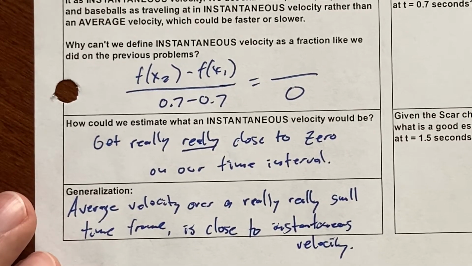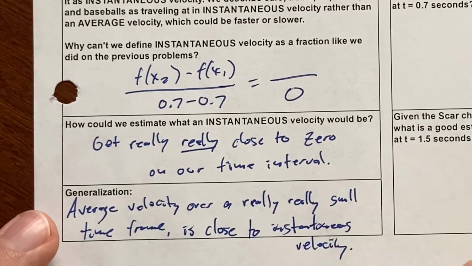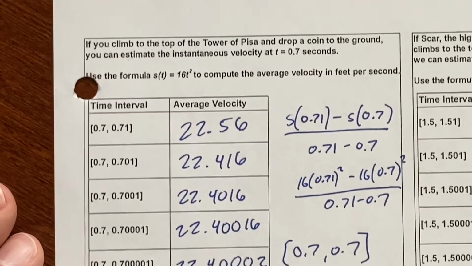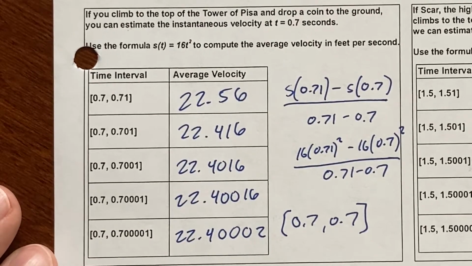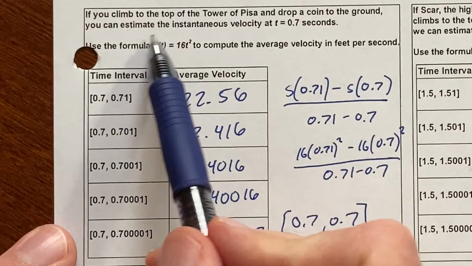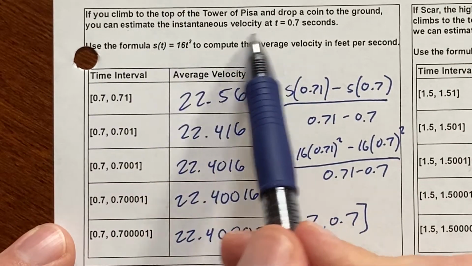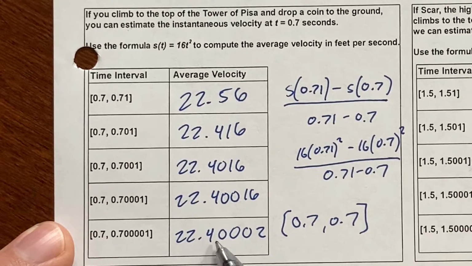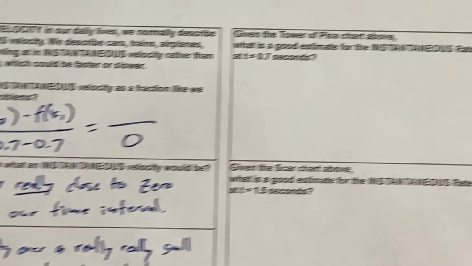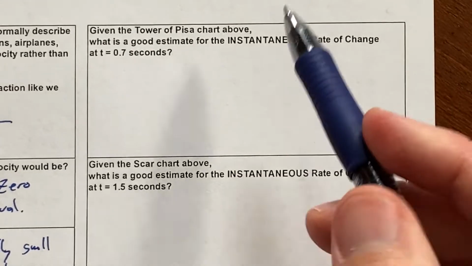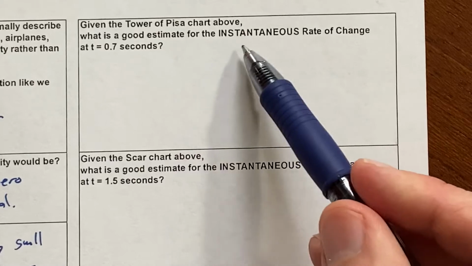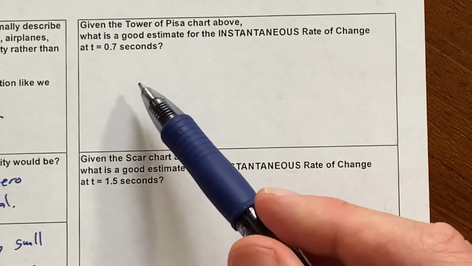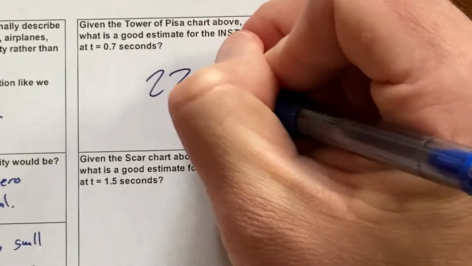If we made our time interval really, really close to 0, that would give us a really good estimate, which is what it was asking for up here. Give me a good estimate on the instantaneous velocity at 0.7 seconds. Well, if I'm looking at this, we're getting really, really close to 22.4, right? So when I come down here and it says, given the Tower of Pisa chart above, what is a good estimate for instantaneous rate of change at 0.7 seconds? I'm going to say 22.4